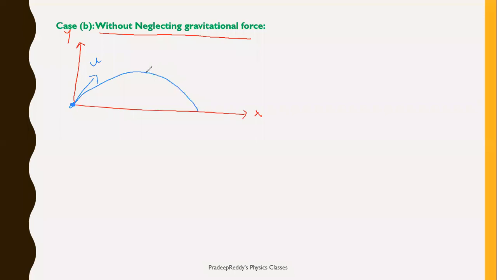Definitely here also it takes the path of a parabola, and the velocity here will be u cos theta. And at this bottommost point, this will be the velocity. It will have an x component as well as a y component. It is u cos theta, and along the y direction it will be u sin theta, and this will be minus j. And here it is velocity u sin theta, and it is plus j.